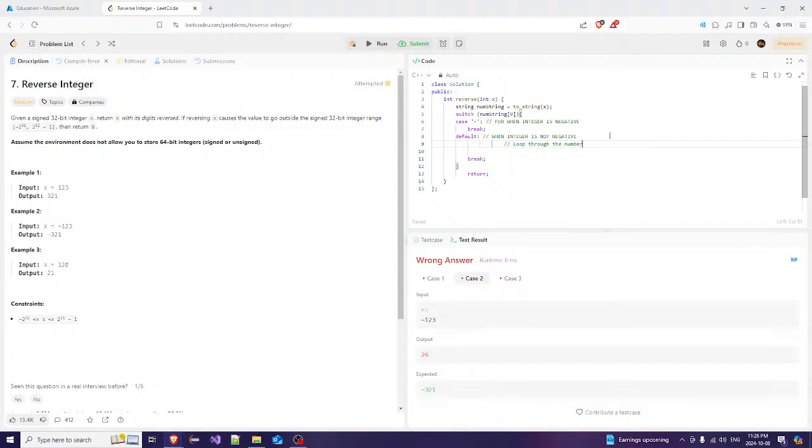If reversing x causes the value to be outside the signed 32-bit integer range, return 0. Now, what if the integer is not negative? So here you just do that. Here you would, but there was a way. I know I can do it, but I want to think a bit more. So if you loop here,